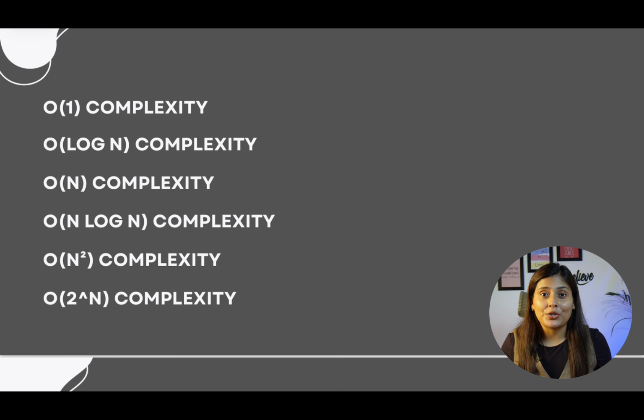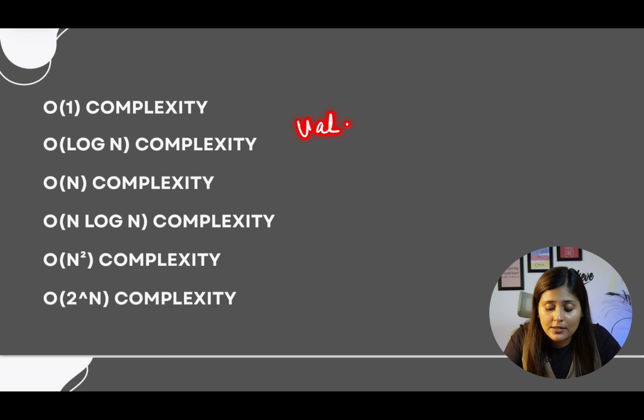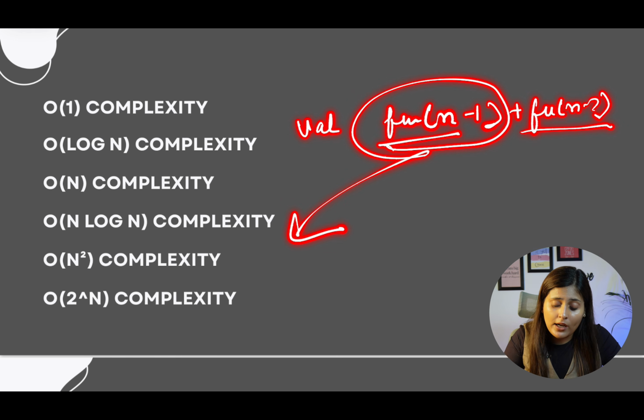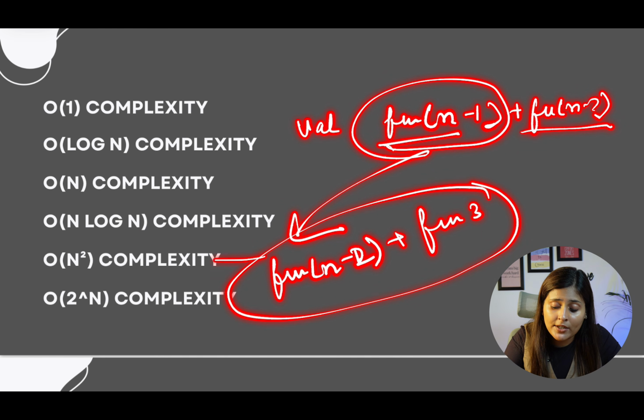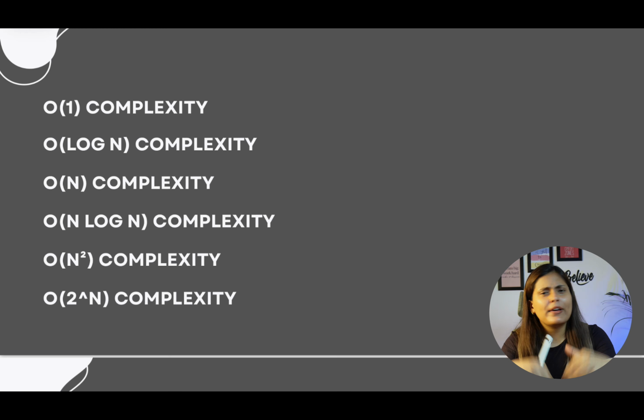It's about recursion. When we are calling two functions in a single iteration, suppose for an answer we are calling the function for n minus 1 and also for n minus 2. So definitely first this function will be called. Now for function n minus 1, n minus 2 and n minus 3 will be called, and so on. And once this returns, the next function will be called. Correct? So whenever it's about recursion, subsets, backtracking, we can think of 2 power n complexity.